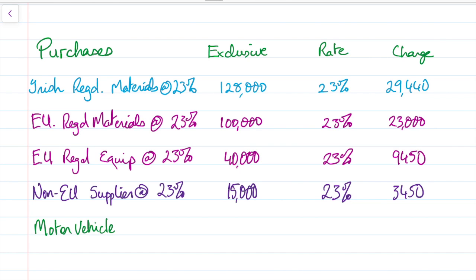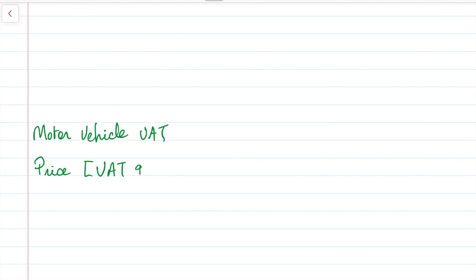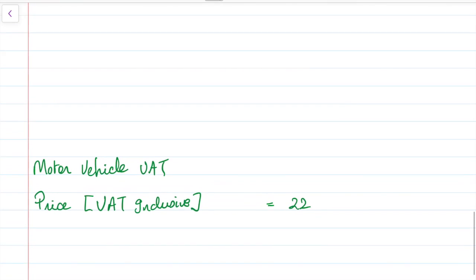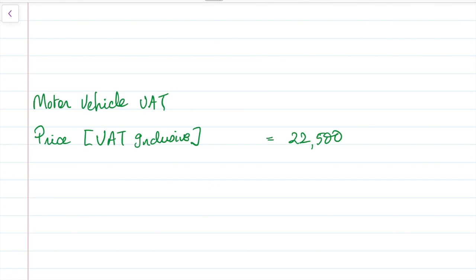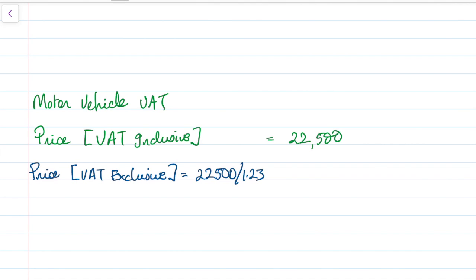Next, we have to deal with the motor vehicle. The motor vehicle, the VAT rules for that are slightly different to everything else in that we don't get to charge the full amount as an input credit. So in the motor vehicle, the price VAT inclusive that you're given in the question was €22,500. The price VAT exclusive, so just divide the 22.5 by 1.23, and that will give you an amount of